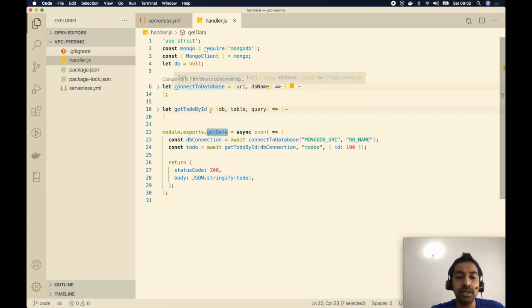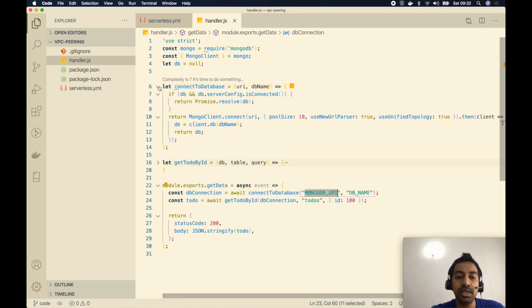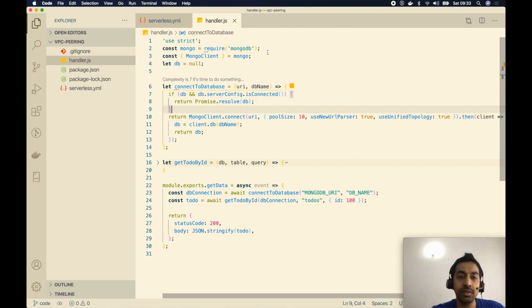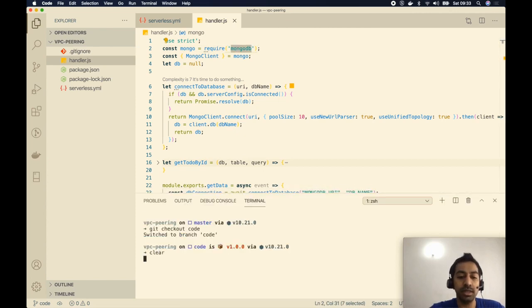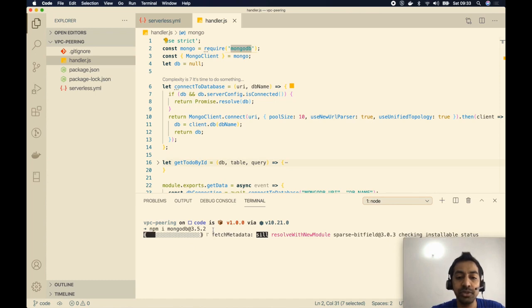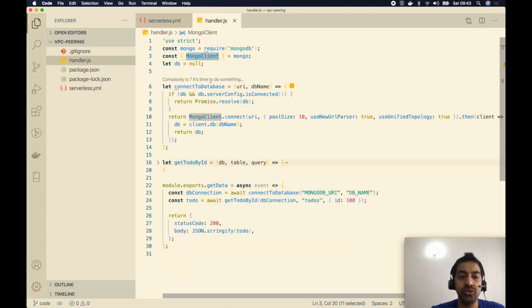So in this function, we first connect to the database, that means our MongoDB database, and the database connection is set up using this function. Now we need to connect to MongoDB. So first of all, we need to require the npm library for MongoDB. So let's install that. I will take a terminal up and run npm i mongodb. Use this version, guys, otherwise you will see some incompatibilities with the newer npm libraries, that is 3.5.2. So just install that.